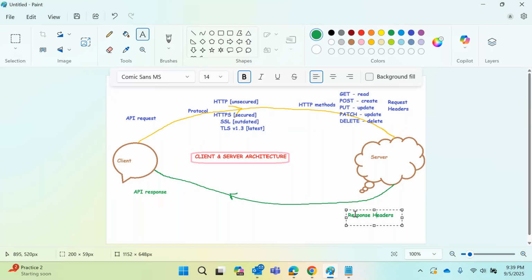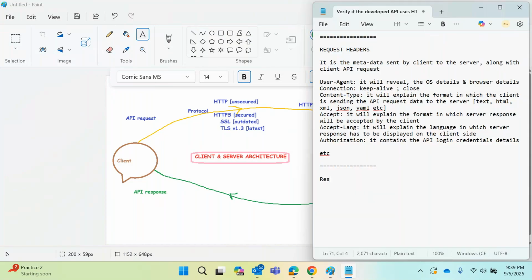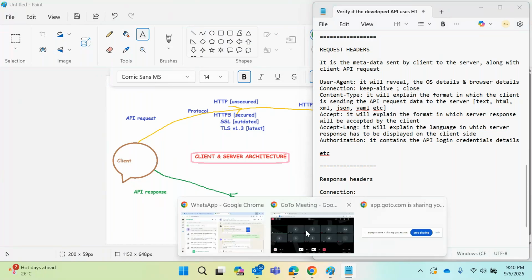Examples of response headers would be content type, which is one such important thing. Sometimes you will see connection also here, and sometimes you will see cookie information, and you will see date information, the date on which the response is sent. So if I show you directly in this application,